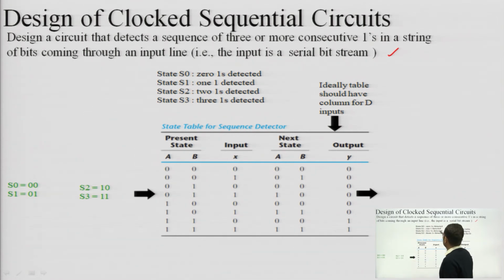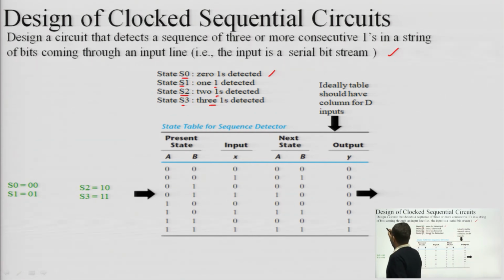So we can see that, let's say if no one is detected, that means initial state, then I will mention it as state 0. If a single one is detected, it will be state 1. If 2 ones are detected, then S2. If 3 ones are detected, S3. So these are my 4 states. Now how the flow from one state to another state will be happening depending on the external input, we have to see that. So S0,